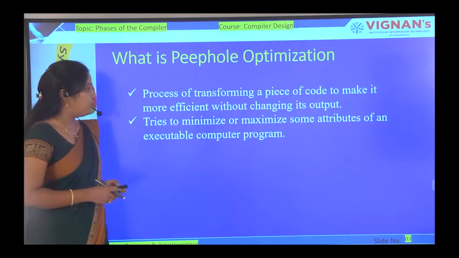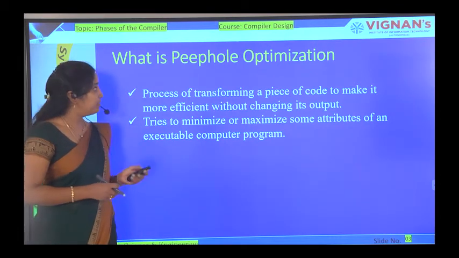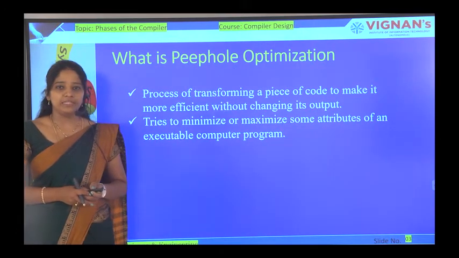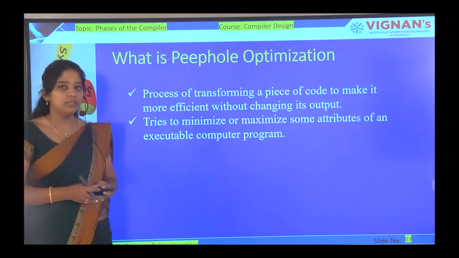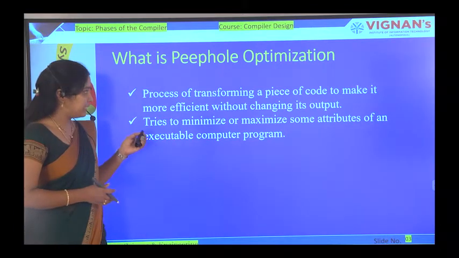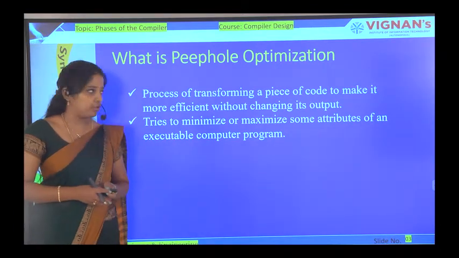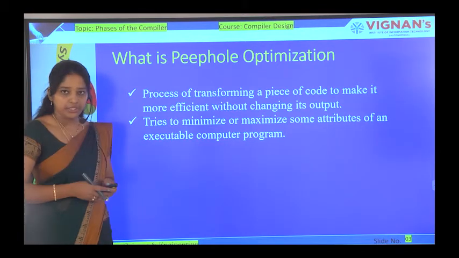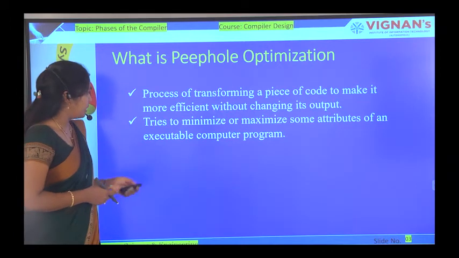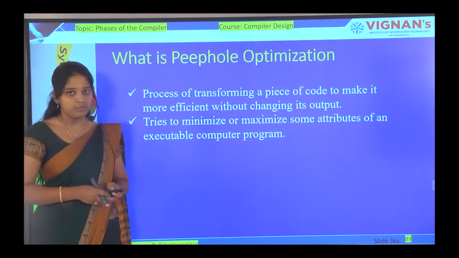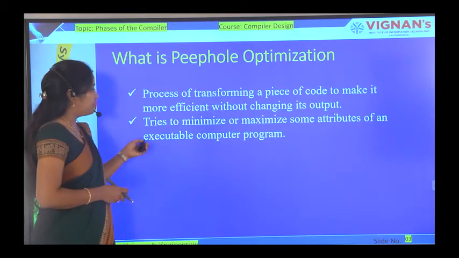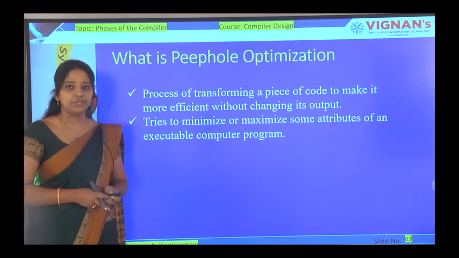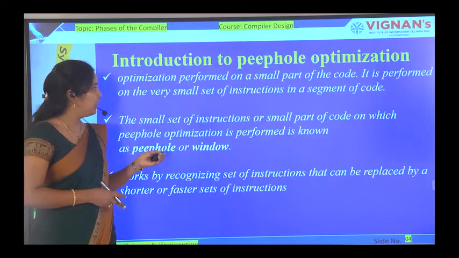So peephole optimization is a process of transforming a code to make it more efficient without changing its output. With this, we try to minimize or maximize some attributes of an executable computer program.